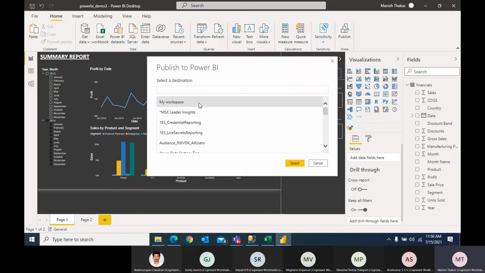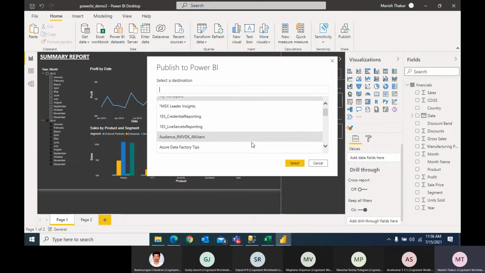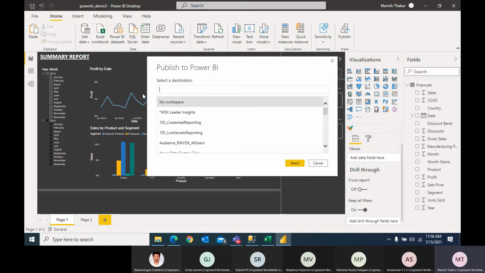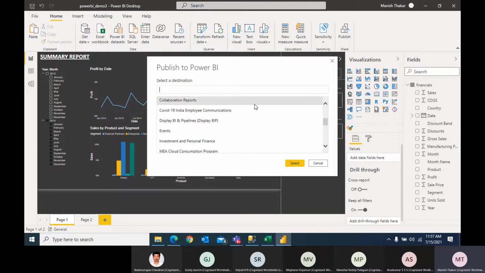Now here you have to select the workspace. It can be your local workspace or a group workspace. If you are doing these changes in your workspace, it will initially be your local workspace. Then we have a common Power BI workspace for our team, with select members in the group. Once you publish the report to this workspace, all the members in the group will be able to visualize your report and access the data set. But if you keep it in your own workspace, the changes will be present only there. So I'm keeping it in my workspace.